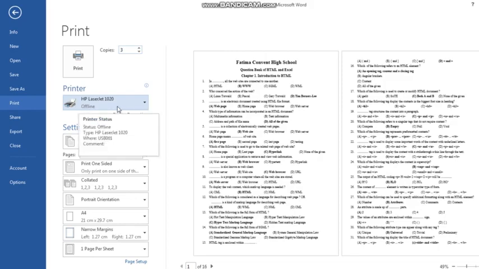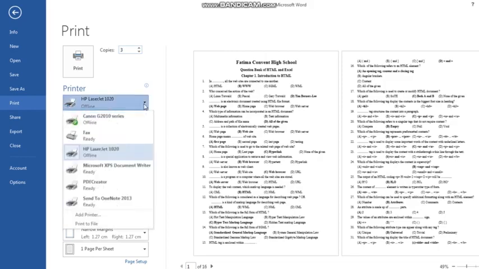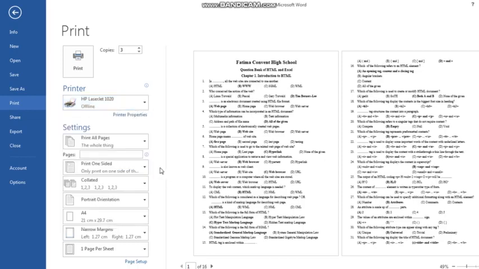Second option here is to select the printer. In this computer 2 printers are attached. This is HP LaserJet. Okay, and my default printer is Canon, that is a color printer. So from here I get the option to select the printer through which I want to take the printout. Now here I have typed everything in black and white, so I don't need to take the printout on the color printer, so I keep HP LaserJet as it is. Besides, if I don't want to take the printout and I want to create the PDF of this, then I can click on PDF creator. Hope this much is clear.